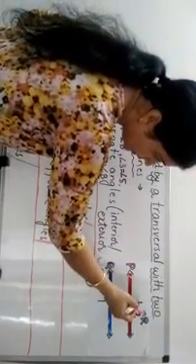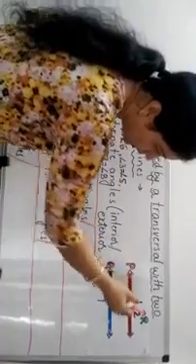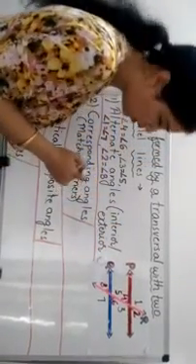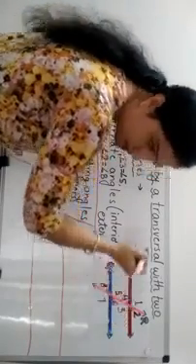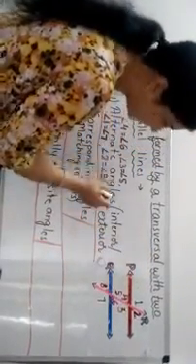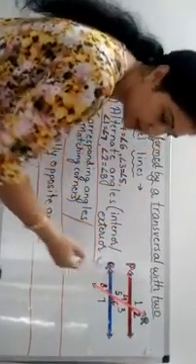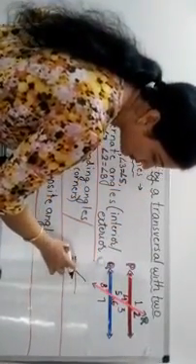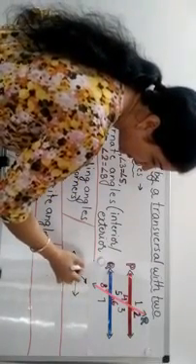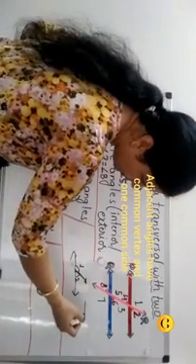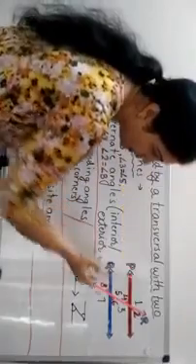Now we will see the exterior. So exterior: 1 and 7, and 2 and 8. Now you may say that 1 and 3 can also be alternate interior angles. No, they cannot be because they are sharing one vertex. Okay. So these alternate angles never share any vertex, they are not adjacent angles. Adjacent means if I have one line here and I'm making another line here and this is also a ray. So this one has a different vertex, this one has a different vertex. They do not have the same vertex. So that's why they are not adjacent.